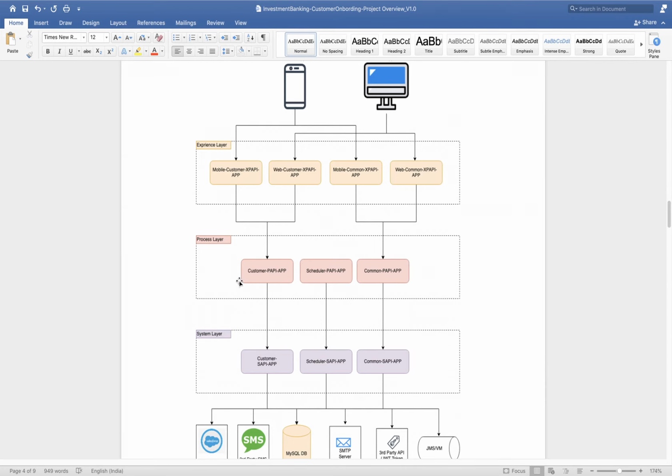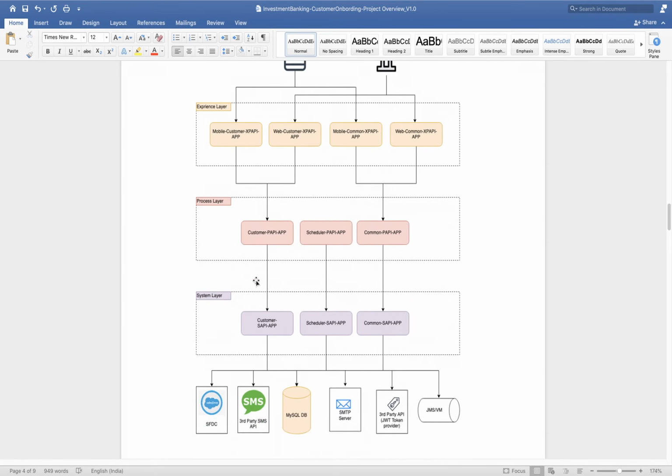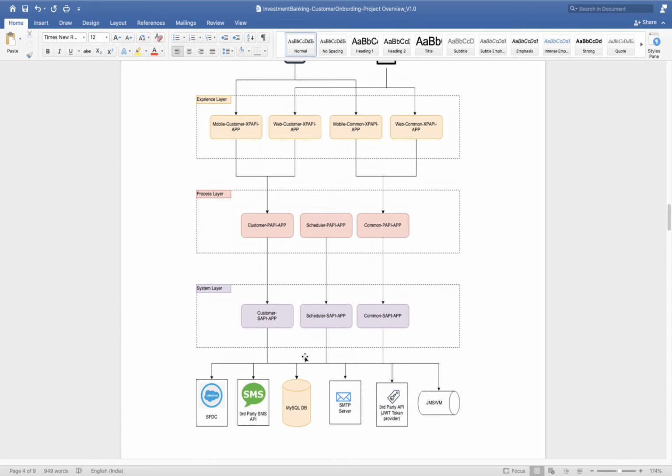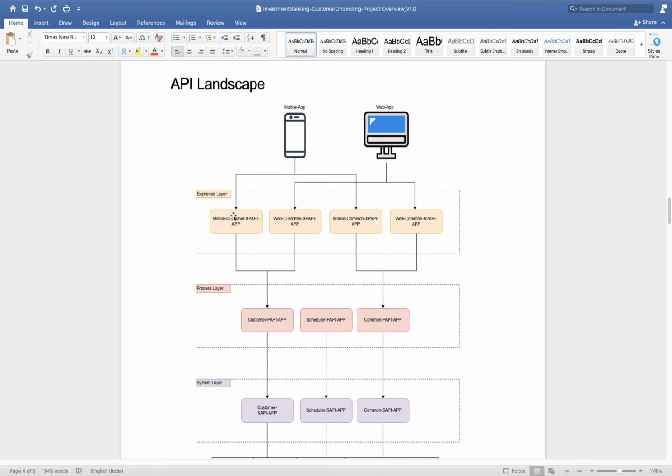The process layer will interact with the system layer, and the system layer is responsible for connecting with different systems. In the process layer we apply all the business logic, and it sits between the experience and system layers. The experience layer is used to develop APIs to expose to different external systems.